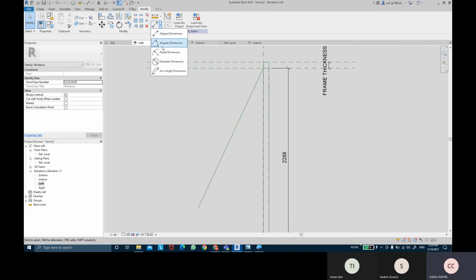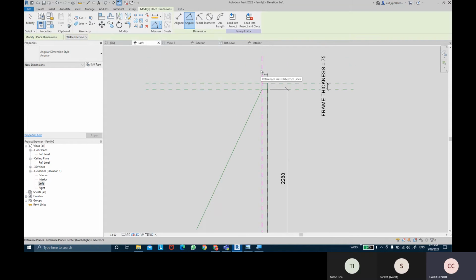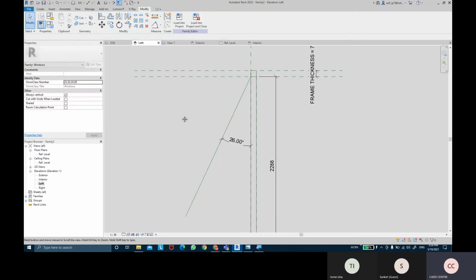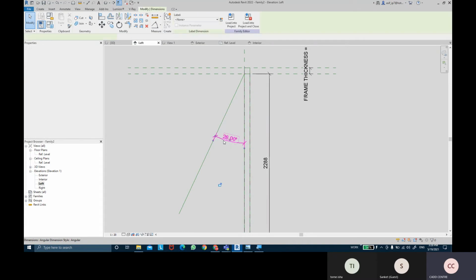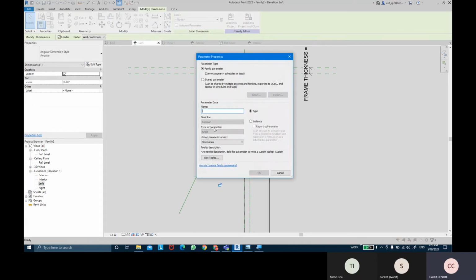And I'm going to give one more dimension called an angular dimension from this reference plane to this sketch line, and we're going to call this angular dimension swing angle,